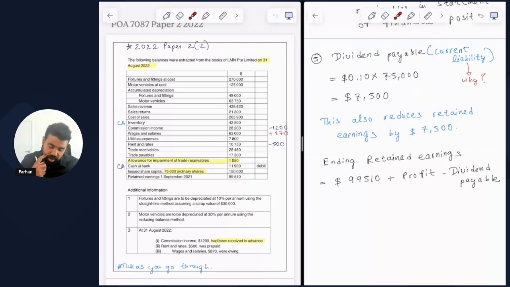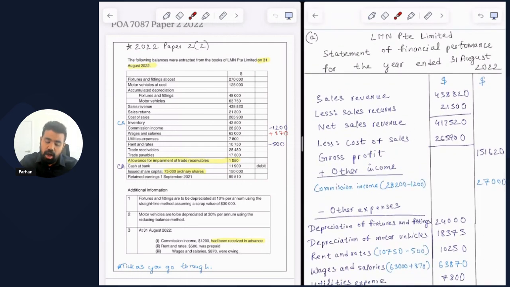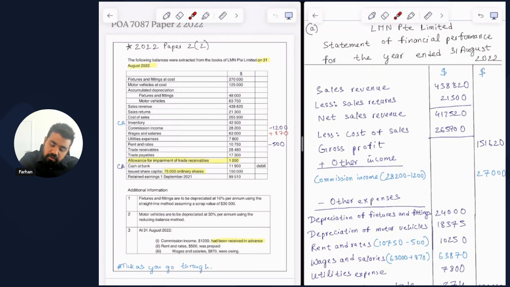All right, so let's see what we're doing in terms of the statement of financial performance or the profit and loss statement. I've already prepared this here, and let me walk you through each and every line. Starting with the formalities, you write the name of the business, which is Element Proprietary Limited, and you've got statement of financial performance for the year ended 31 August 2022. I've drawn two columns, and we start with the sales revenue of 438,820, and then we subtract the sales returns of 21,300, and we get net sales revenue of